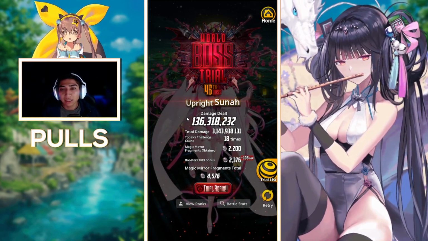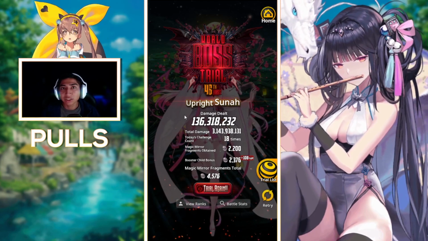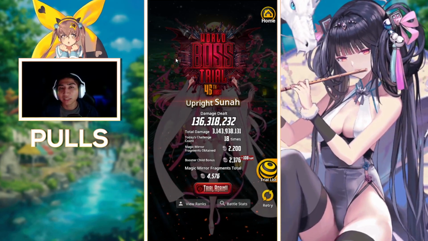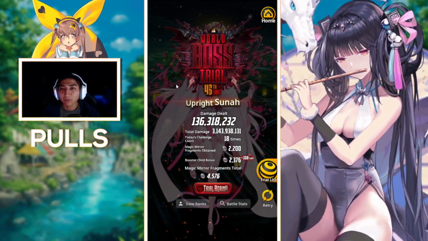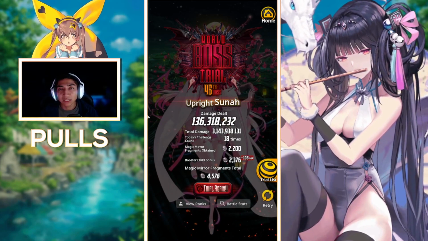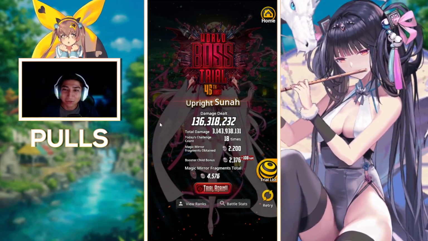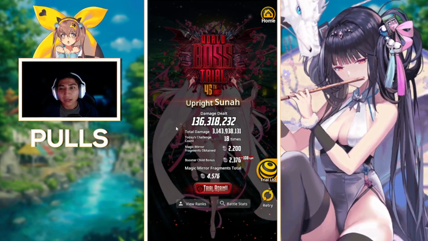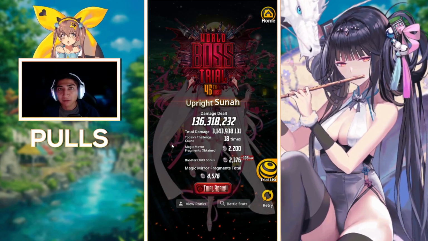And of course, the Sunah boss actually isn't too difficult, so we did manage to have the chance to remove the healers from our rosters and don't have to worry about too many heavy debuffs here on the boss. So very nice. We don't have a difficult boss. Now we'll have to see how the next world boss trial does square up, but yeah, overall, a very amazing boss event so far, and I'm actually having a ton of fun with this